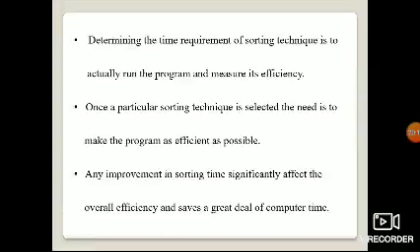Once a particular sorting technique is selected, the need is to make the program as efficient as possible. Any improvement in sorting time significantly affects the overall efficiency and saves a great deal of computer time. So these are the main considerations for the sorting algorithm.